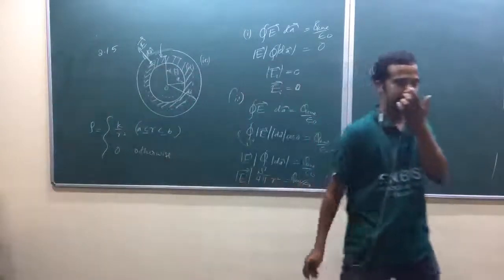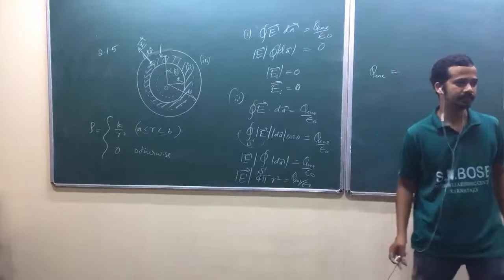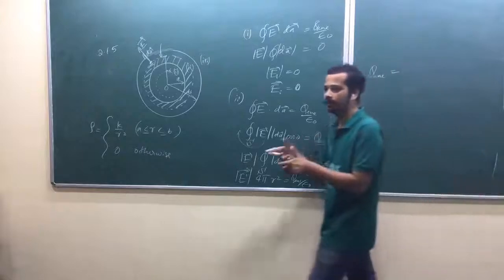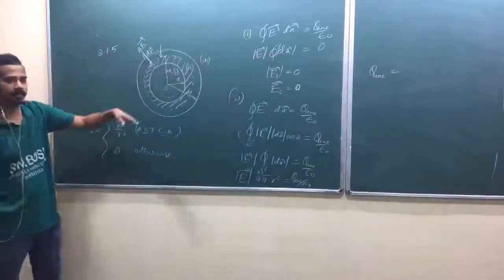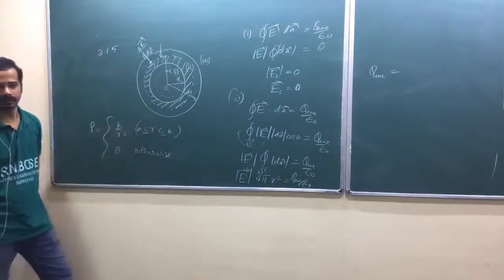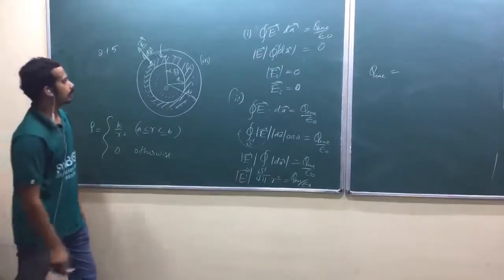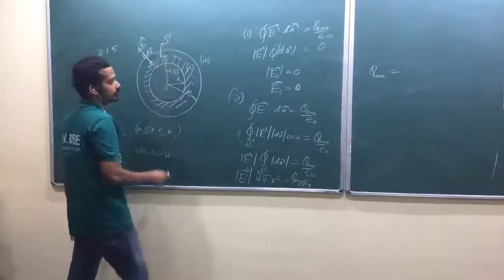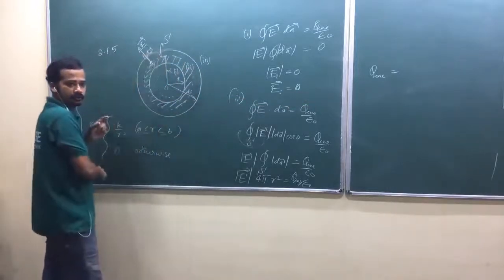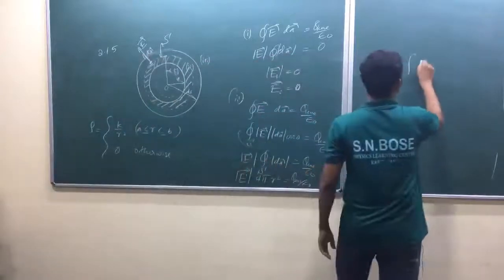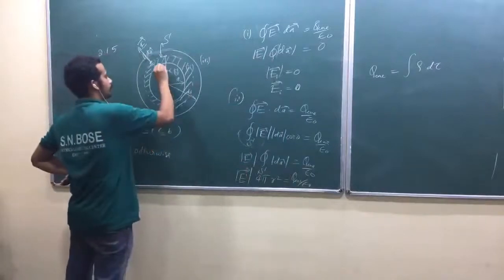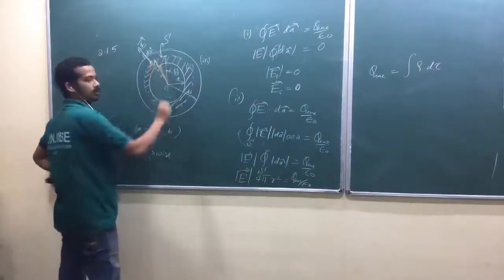You better write like this, isn't it? Otherwise, you may make a mistake while doing the integration. The charges exist only within that thick region with inner radius A and outer radius B, remember. But they will simply write K by r square, r will run from like that. So while talking about this Gaussian surface and the charges enclosed by the surface, I have to integrate this function, volume integrate rho d tau, only within this region. Your r should run from A to r.